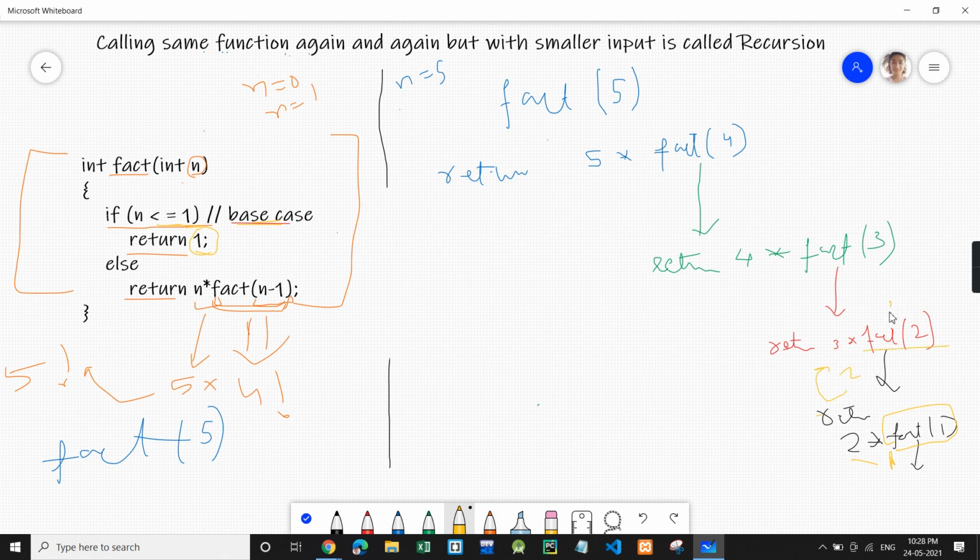So 2 will come over here. 3 into 2 will become 6. It will return 6, so the value of fact 3 will be 6. 6 into 4 will become 24. It will return 24. So the fact 4 value is 24, and 5 into 24 will become 120, which is 5 factorial.